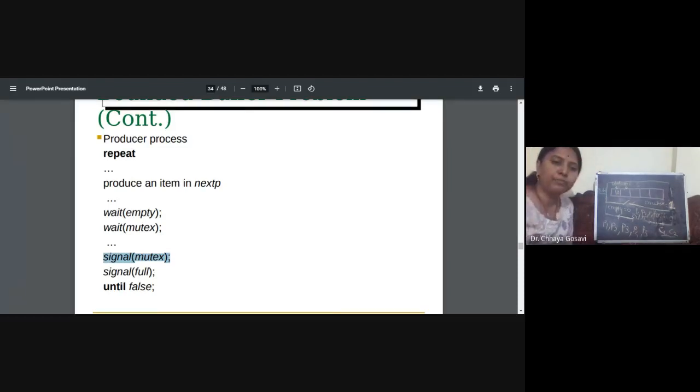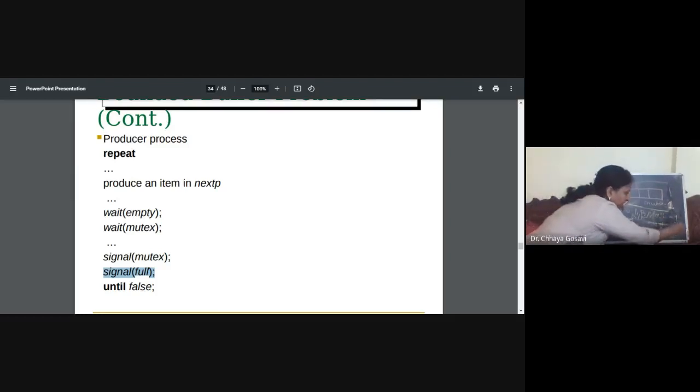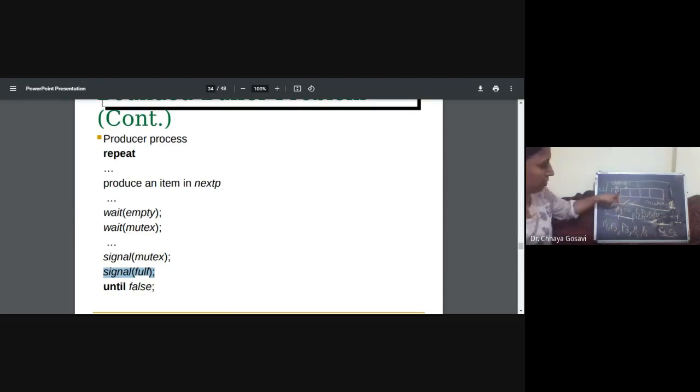Meanwhile, after making mutex 1, it will also give a signal to consumers. So signal on full will increment this value. Full was initially 0. It will now be 1 and this door will be open for consumers. If consumers are waiting outside, the producer process will wake up the consumer: now it's your turn, you can consume because I have produced an atom. If another producer wants to enter, say P2, the door is open, P2 will enter the value and will come out